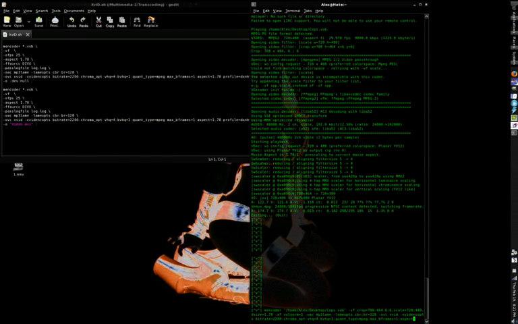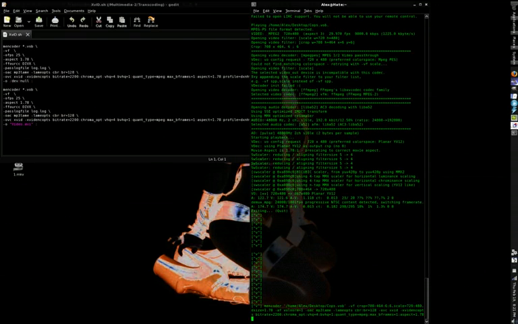aspect, ASPECT equals, and then whatever your D size flag is in your video filter chain, whatever you put for D size equals, and then the number, put right here as aspect, which in my case is 1.78, colon,